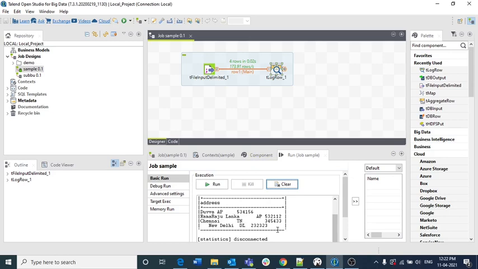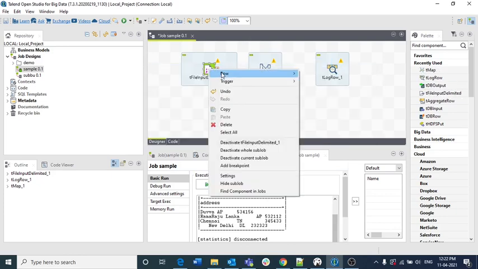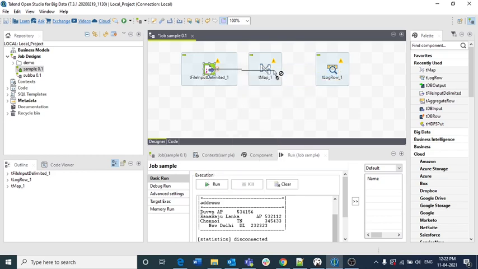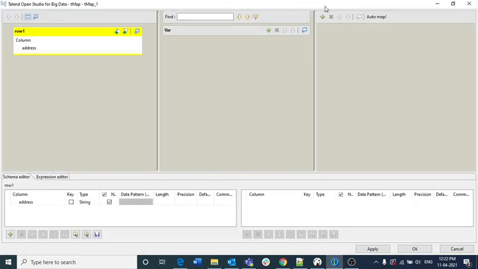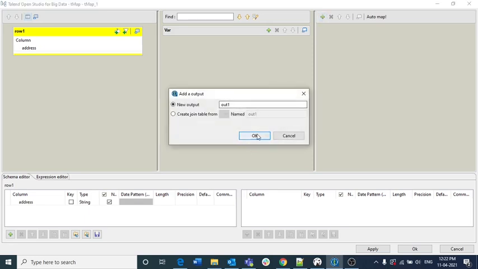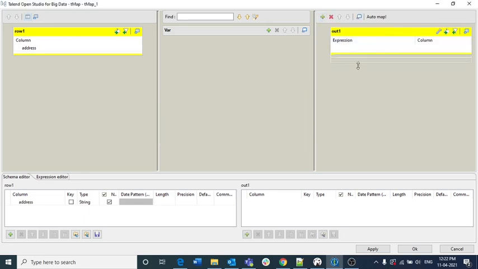It is very odd to identify what the value is here. Every value is of the same length, so that is why it is getting this much length. I don't want the output in this format because it is very difficult to understand. So I am adding a tMap here, and I am connecting tFileInputDelimited and tMap using the main connection. I am opening the tMap. These are all the normal steps you can do normally.